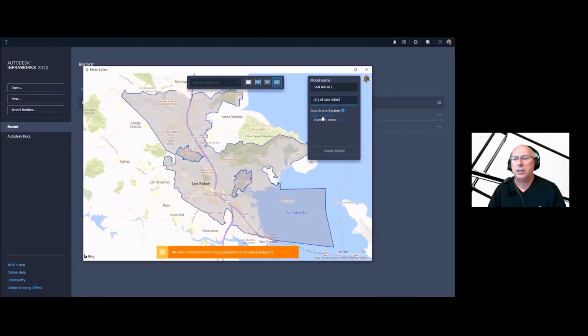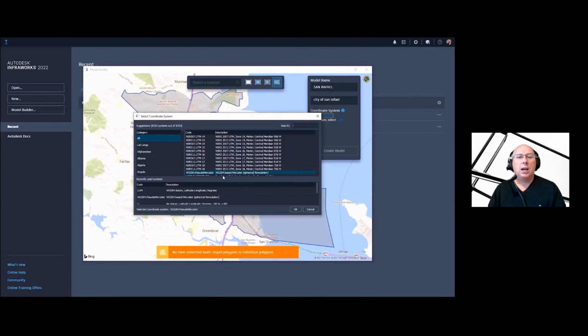And the next thing I'm going to do is pick the coordinate system. Now, I like to use generic coordinate systems like lat long; it says, if unsure, select LLE4. But in this case, I'm going to use spherical Mercator or pseudo Mercator. This is the Google or Bing coordinate system. This is the web coordinate system that most websites use. Esri ArcGIS Online likes to use this one. Google likes to use this one. Bing uses this one. So I'm going to choose this for now. We could use lat long. That's fine too. But in this case, I'm going to try using WGS 84. And that's in meters, so it's easier to measure. So let's go ahead and choose that one. Click OK.